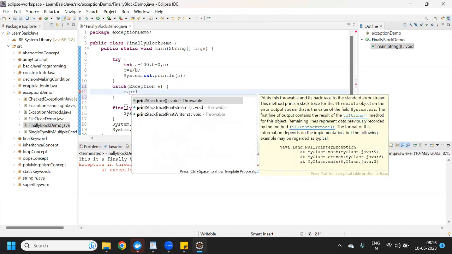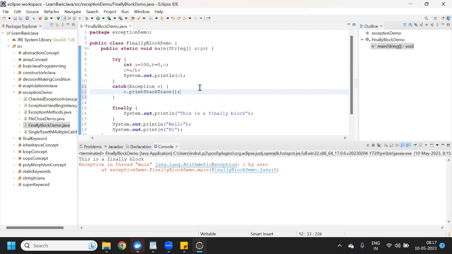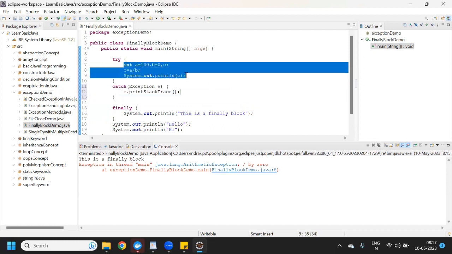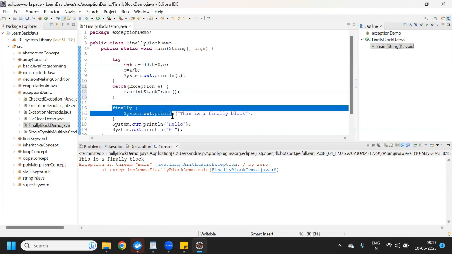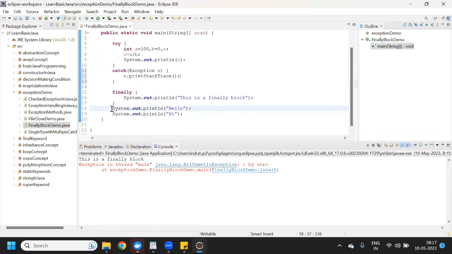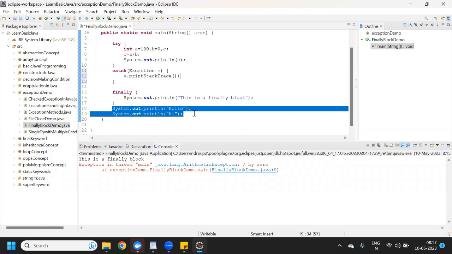Print stack trace. See, so as of now we have used this catch block. Now it is going to throw an exception, but once it throws an exception, it will go inside the catch block, and the catch block will handle this exception in an alternate way, and after that the remaining code will be executed.